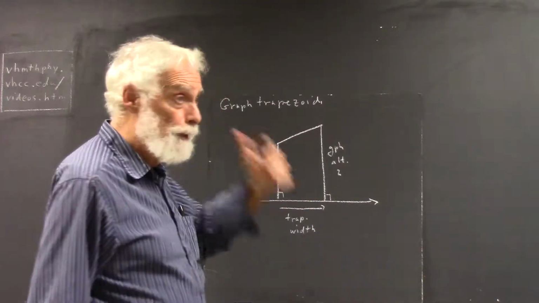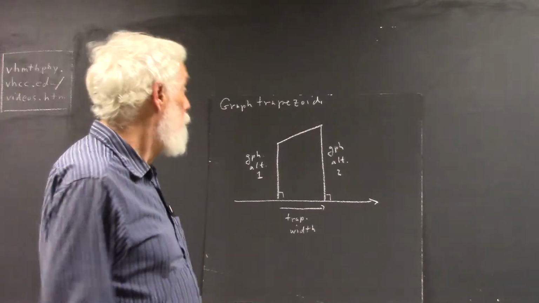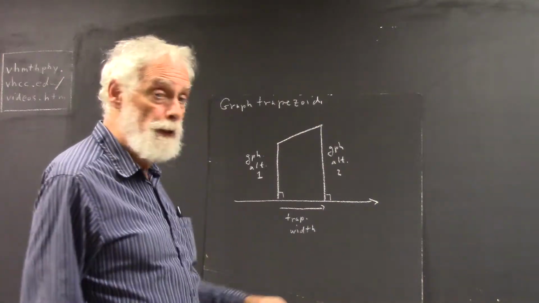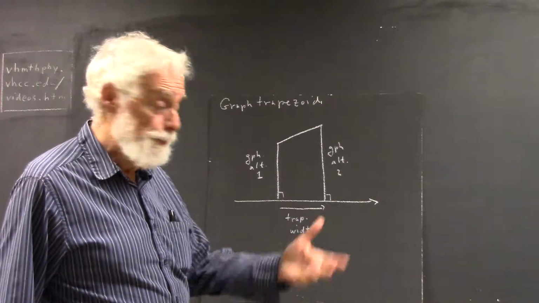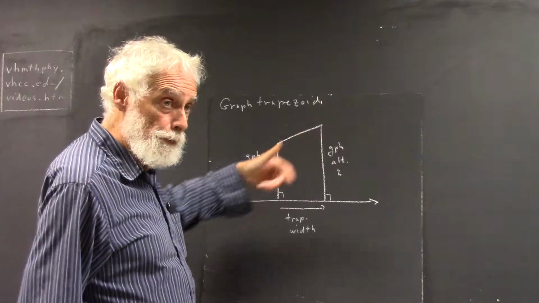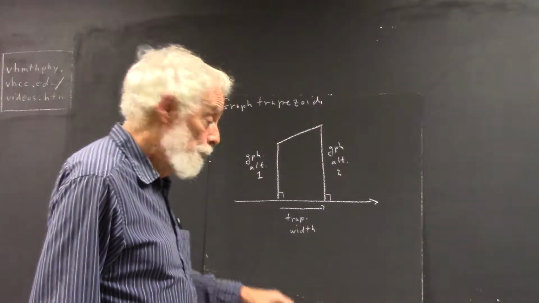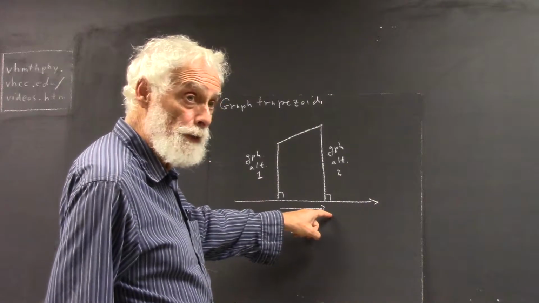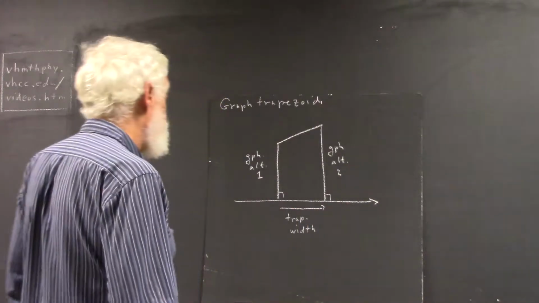Now those are not actually altitudes of a trapezoid. The altitude geometrically of a trapezoid, the geometric definition, is the distance between the parallel sides. That's not what we're talking about here. These look like altitudes. When they appear on a graph, we call them graph altitudes. And the trapezoid has a width. Okay? Trapezoid